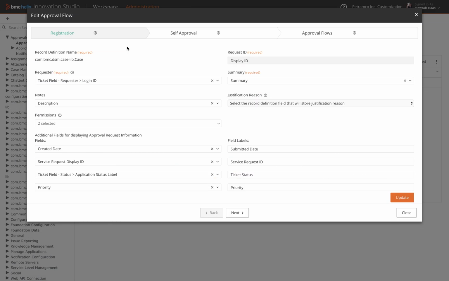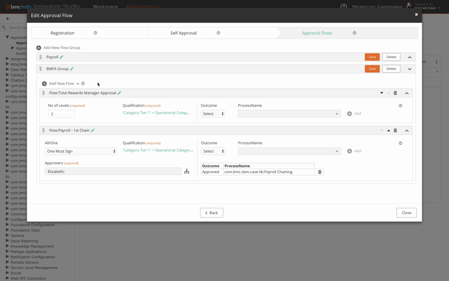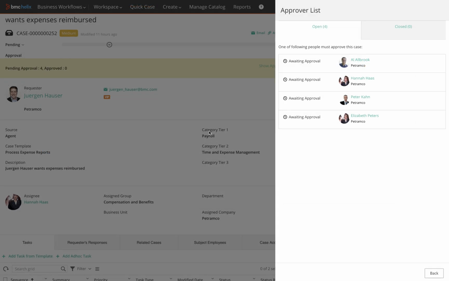It is now way easier to configure approvals in Business Workflows. New approvals can now be defined with a few clicks. You can select the type of approval, for example, manager approval for any number of levels, or one or all of a group have to approve. Who is the next one to approve is nicely visualized on the case view in Business Workflows itself. In this example, just one of the 4 approvers shown has to approve the case.